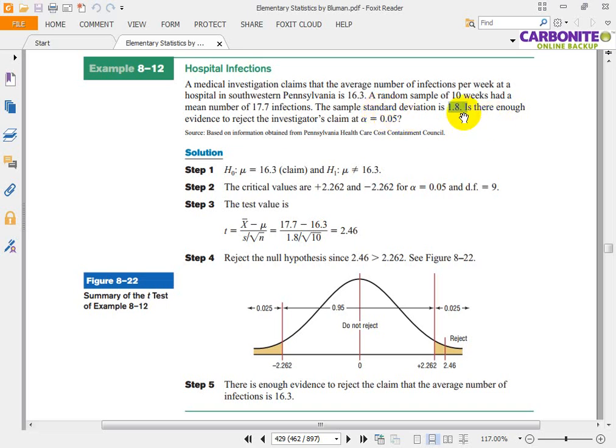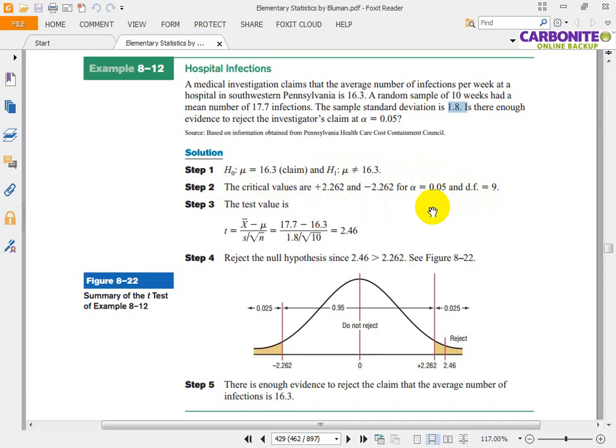Z-test cannot be carried out. Is there enough evidence to reject the investigator's claim at alpha equal to 0.05? So mu equal to 16.3 will be my null hypothesis, and the alternative hypothesis will be mu not equal to 16.3. Good. The critical values are 2.262 and minus 2.262 for alpha equal to 0.05 and degrees of freedom equal to